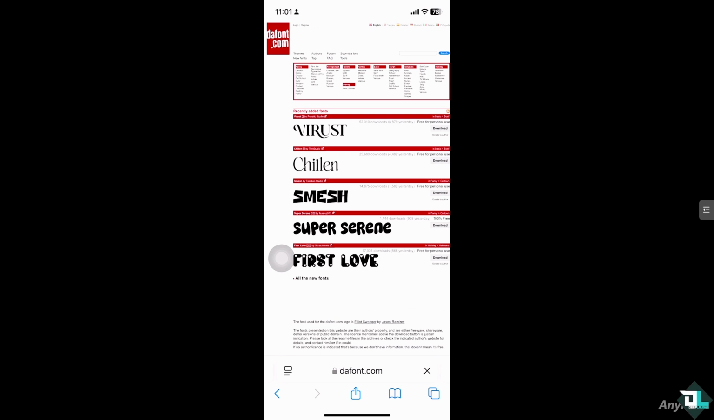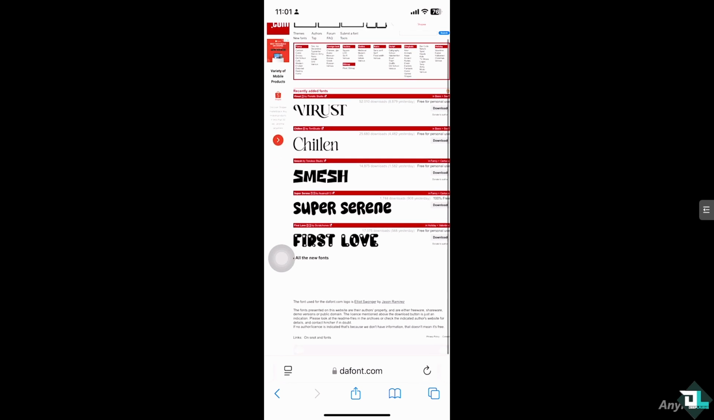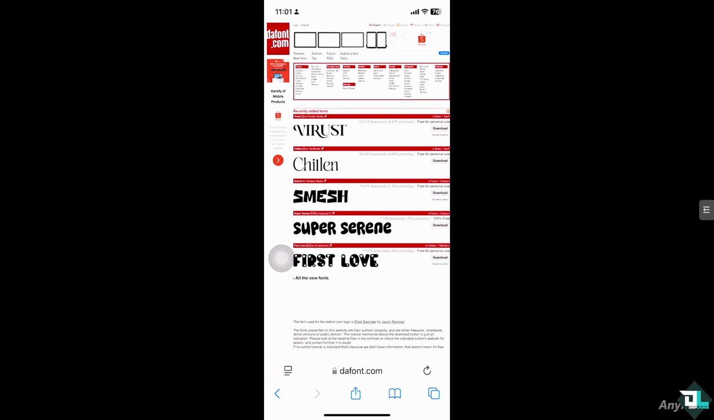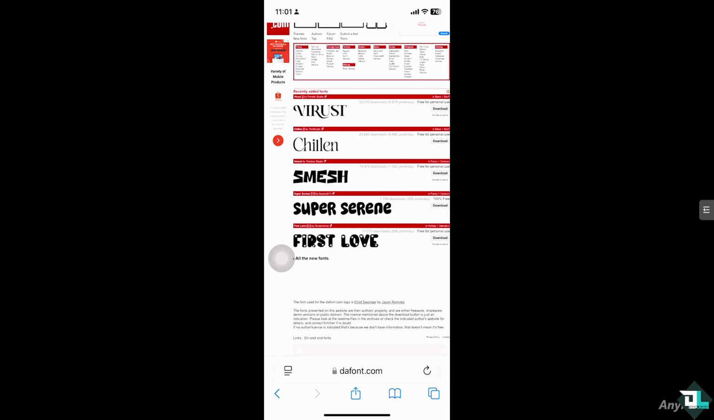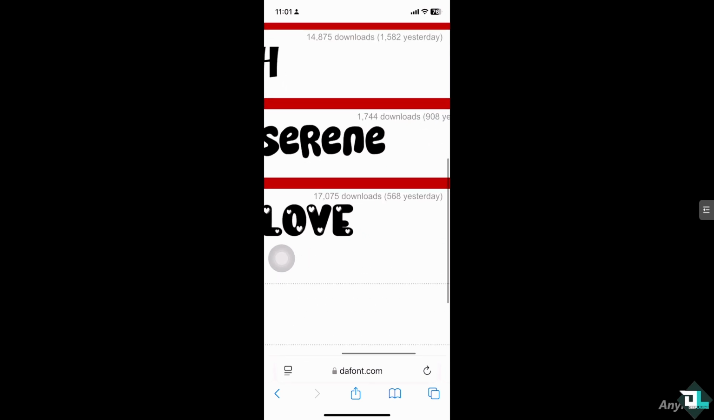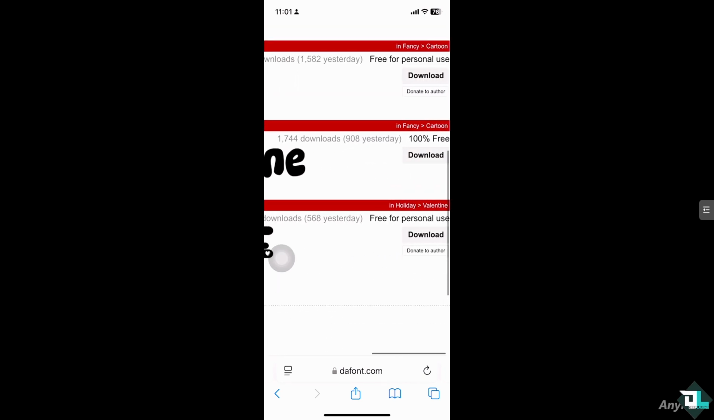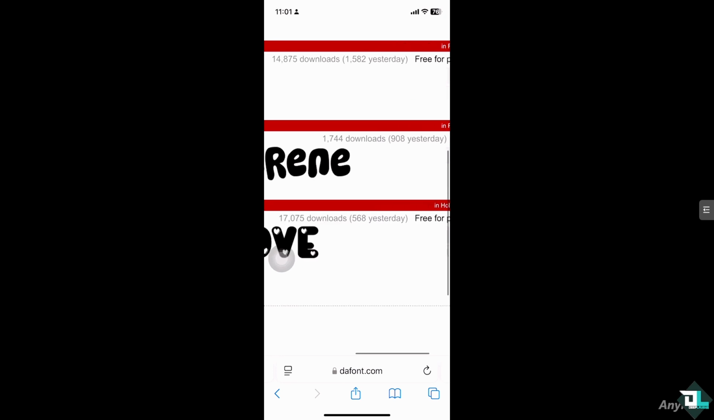You will be forwarded to this website. It's super easy and it's free. All I have to do is hover to the font that you want. You see there are categories like recently added, trending, and a lot more. For example, I'm gonna be using this Super Serene. All right, all I have to do is click the download button. I'm gonna zoom it out for you guys so you can see it's 100% free and